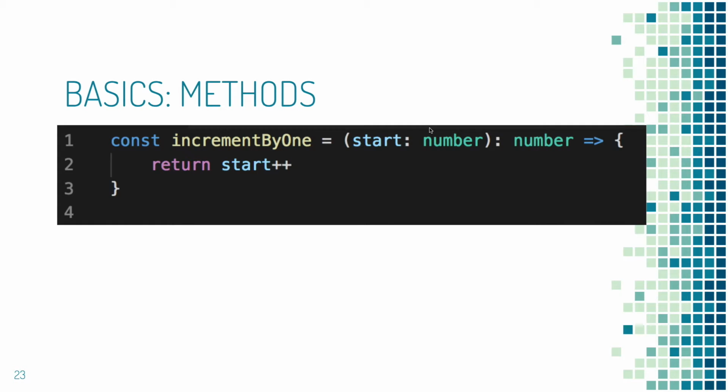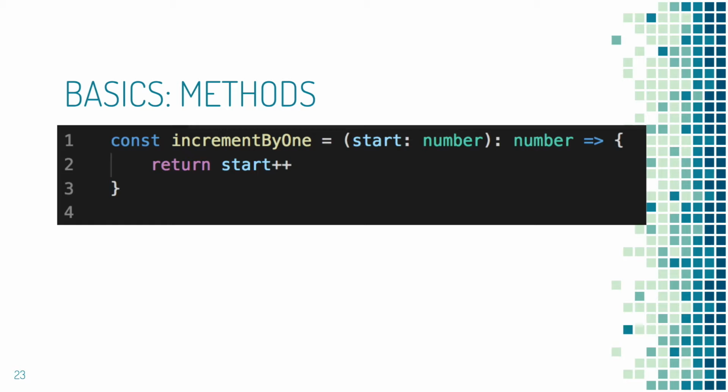Now we have methods. So this might look a little more different. Now it's kind of two things that we're adding. So increment by one is just a method. The normal way we would do this with arrow functions is increment by one equals whatever the parameter that you want is, then the arrow function. This is the ES6 arrow function, and then whatever we want the function to do.